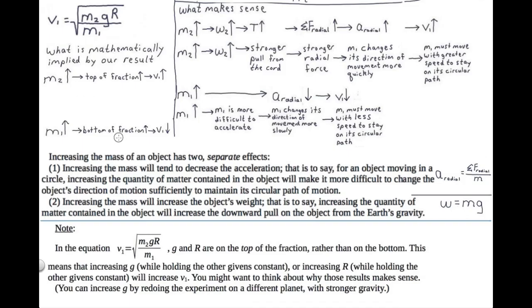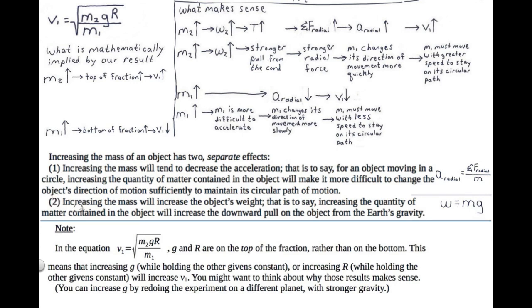In video 4, we saw that changing an object's mass can have two potential effects on circular motion. Effect number 1, increasing the object's mass makes the object more difficult to accelerate. That is to say, for circular motion, increasing the object's mass makes it more difficult to change the object's direction of motion sufficiently to maintain its circular path of motion. And